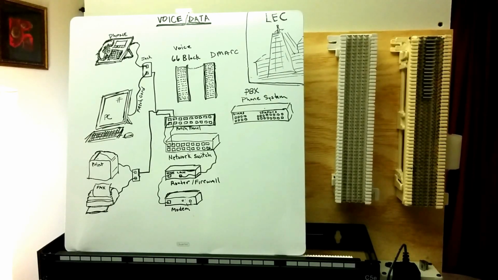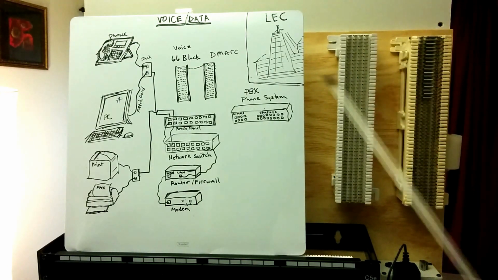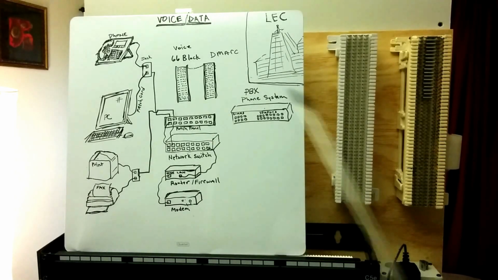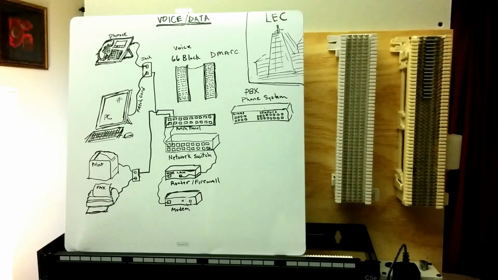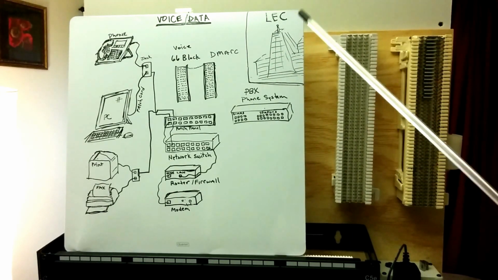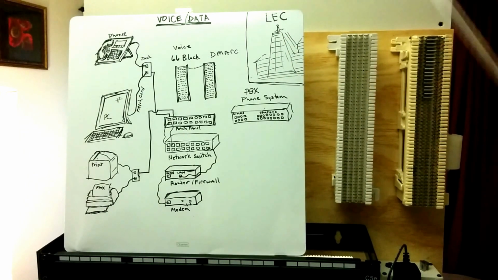Okay, so this is a diagram. I'm going to use it to try to explain what we're talking about when we're talking about voice and data troubleshooting. So you can see here we have some 66 blocks, right? And in our diagram, that's these guys over here. All right, so we're going to try to explain how everything connects from the LEC, from the local access carrier,